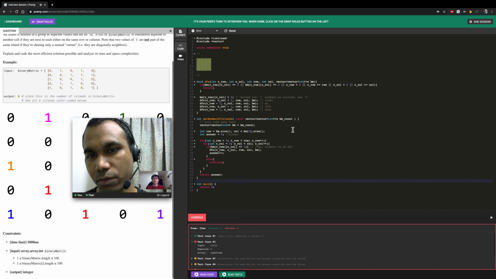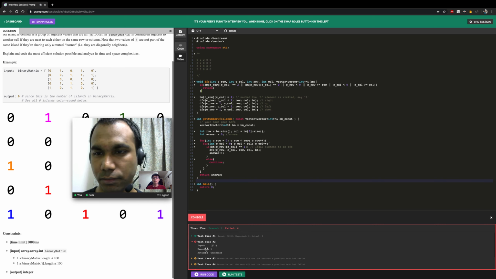Okay, sure. So input 1, expected 1. If the input is 1 only, it will go here. However,